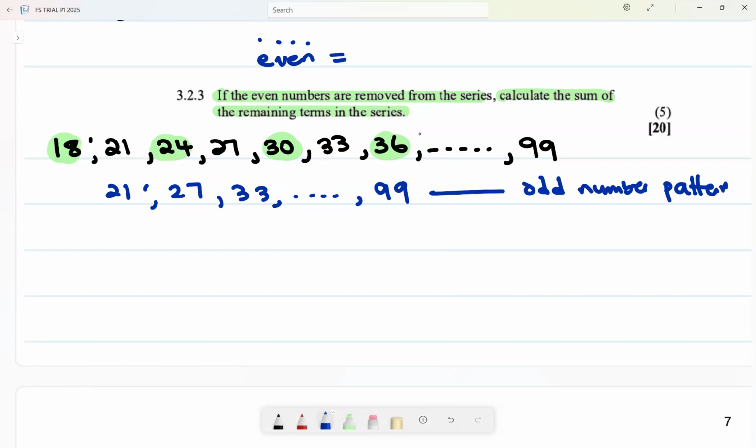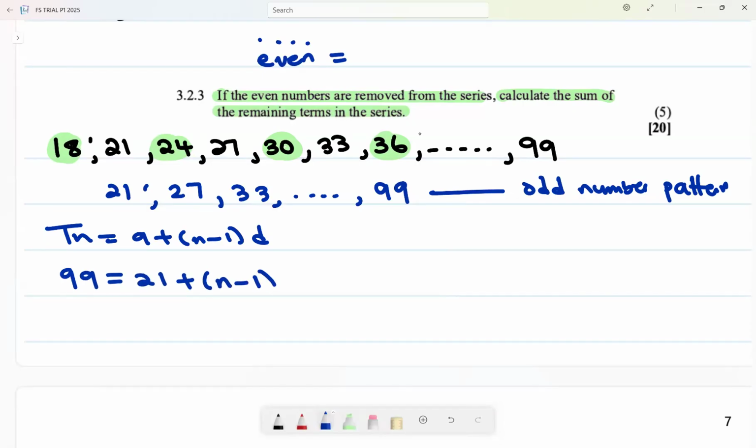Because we have removed all the even numbers. Okay, so Tn is going to be a, and then Tn is going to be what? 99. A is going to be what? A, remember guys, we're focusing on this one. A is going to be 27, not 27, 21,